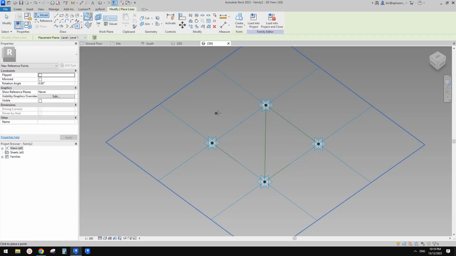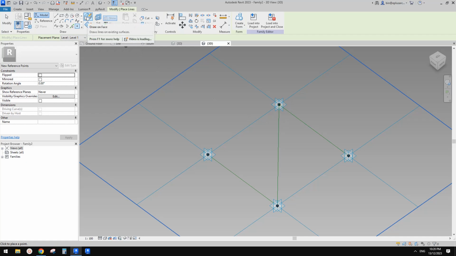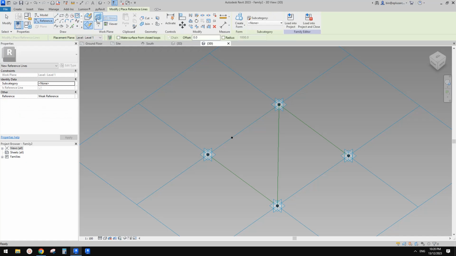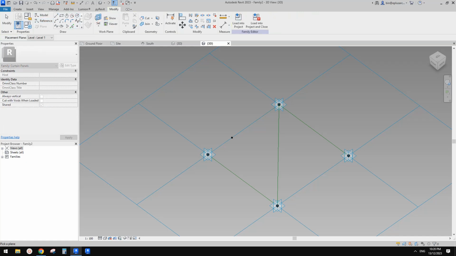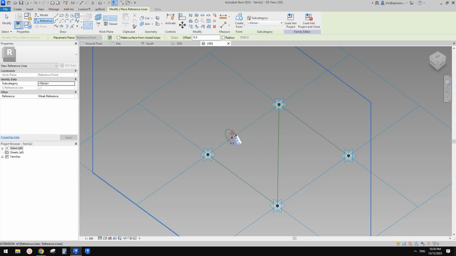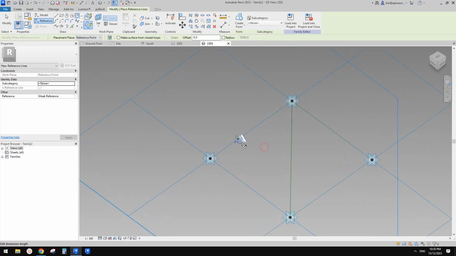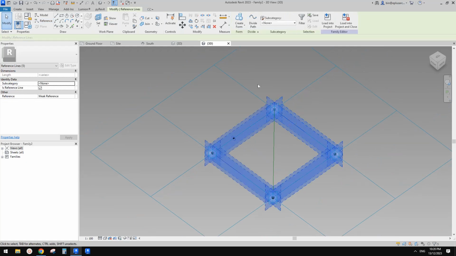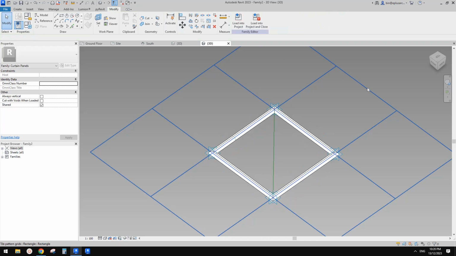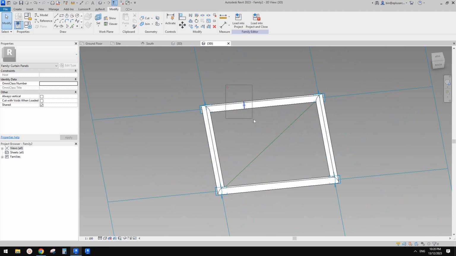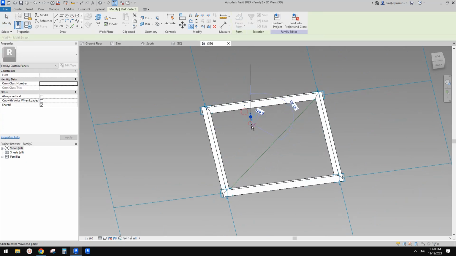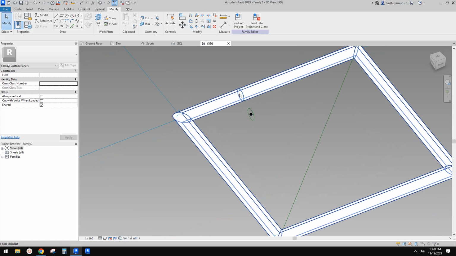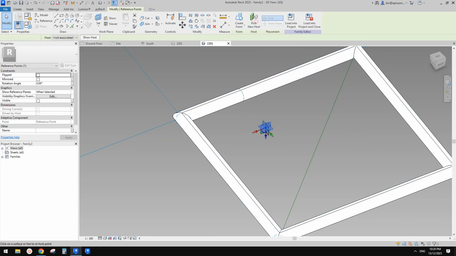So to create a frame, so first we need to place a point, use draw on face, place on one of the reference line, and then we just need to create a profile. So I'm going to use a reference circle, draw on work plane, set work plane, and pick this, and then let's just draw something. Okay, so maybe just 100 mil radius, 200 diameter, and then we can select all these 4 together with this profile, and then we can create this. Okay, and then we need another one. So for this one, we can just copy this point, and this circle, right? So we can just select the point and use pick